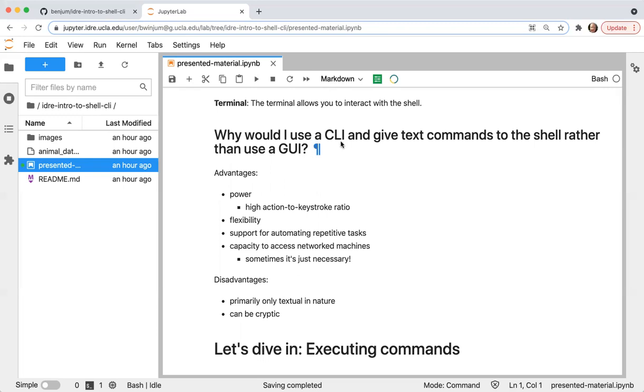But on the other hand, the command line interface does have some advantages. So it has a lot of power. With just a couple commands, you can really do a lot of things with your computer. And once you get very proficient at doing this, you can do them very efficiently and much faster with the command line interface than you could with the graphical user interface. There's also a lot of flexibility that comes with the command line interface. So you're limited in the graphical user interface to the options or the menus that you can access.